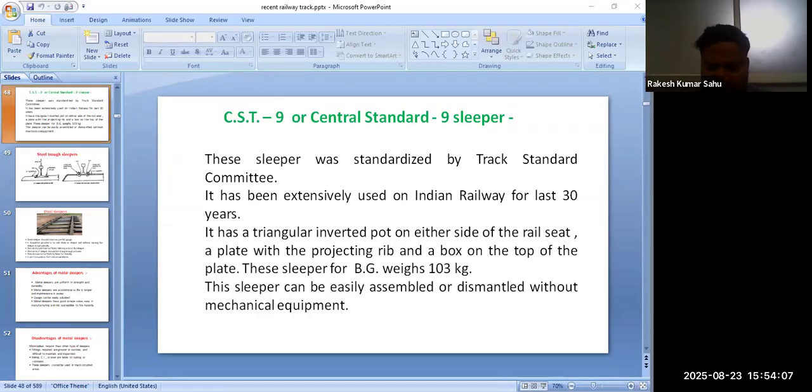But the disadvantage is that it can't be used in station area, that is track circuit area, and fittings are required in great number, and due to its metal, it's liable to rusting and corrosion. So CST9 sleeper and wooden sleeper became obsolete, and now in Indian Railway we use only concrete